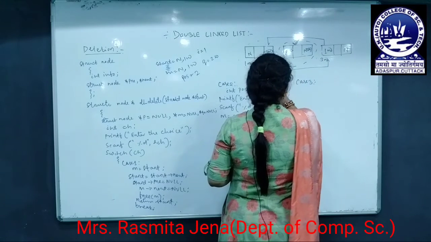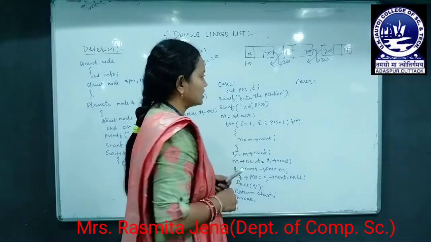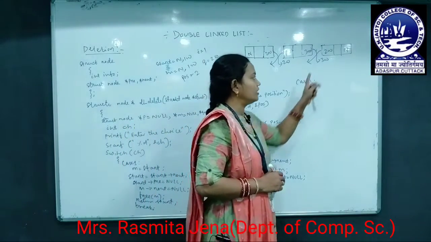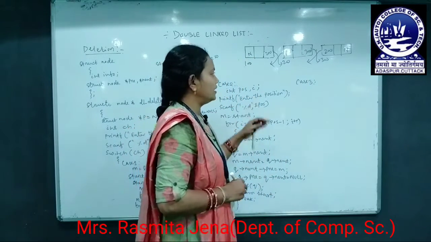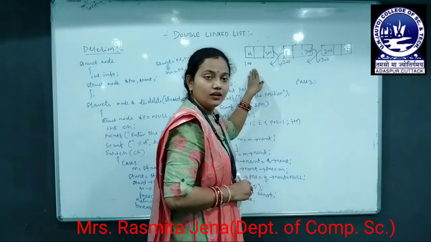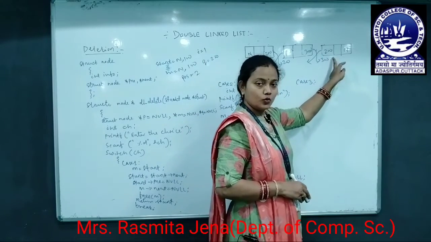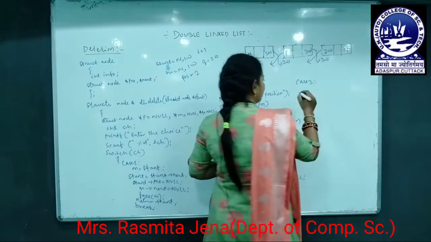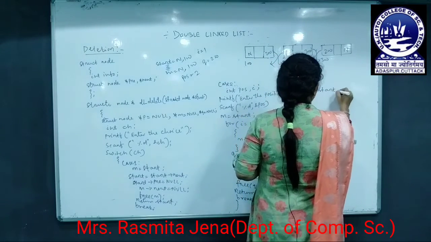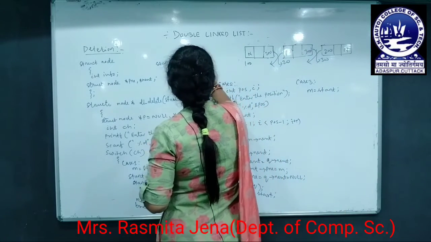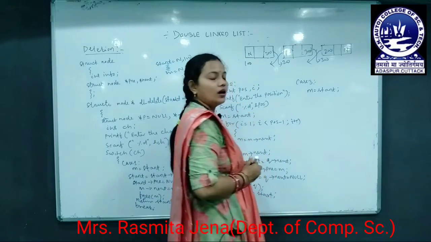Now comes case 3, our third case. Now we want to delete the last node of the double linked list. Before going for the deletion operation, consider this is our list from where I want to delete the last node. That means now we delete this node. So for the third case, first just initialize m equals to start. Initially m equals to start, that means m equals to 100.